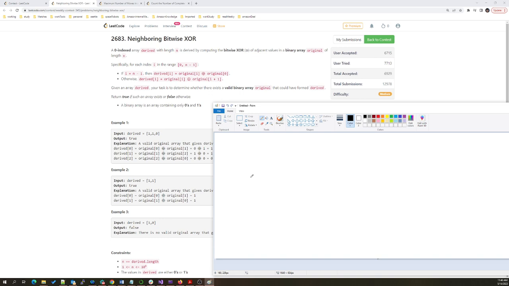So what I mean is that an integer may have multiple binaries, for example like this. For this integer, it has five binary bits, but we may just check one at first to understand how this problem is resolved. For example, this is the first number, and for the second number,